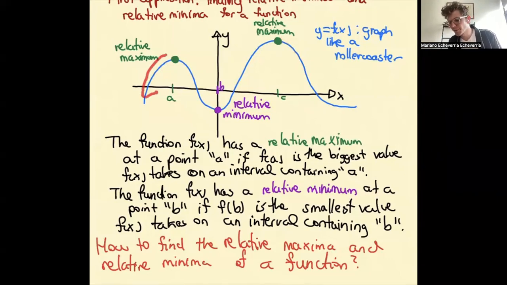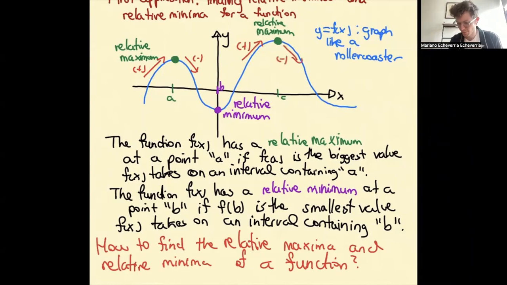I don't know if you remember in terms of the first derivative, when is the function increasing? What's the sign of the first derivative when you are increasing? The first derivative was positive, and when you're decreasing, the first derivative becomes negative, right? So it looks as if the first derivative at a maximum is switching from positive to negative. Is that making sense? Positive to negative. Let's put a plus sign here, a minus sign here. Positive,